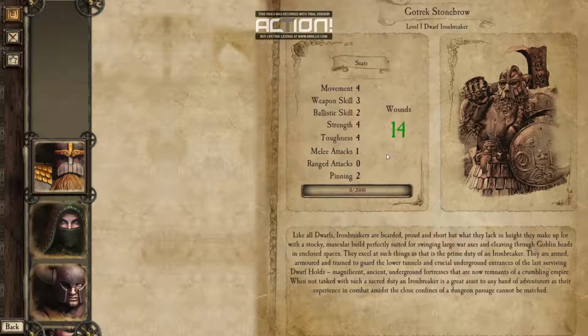So he has 14 wounds. This is the experience bar, so it's 2,000 experience to get to level 2. And then from there, we'll be getting more abilities and things like that. So his equipment: